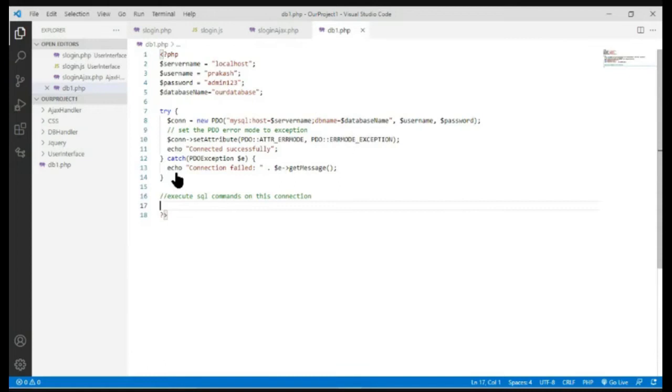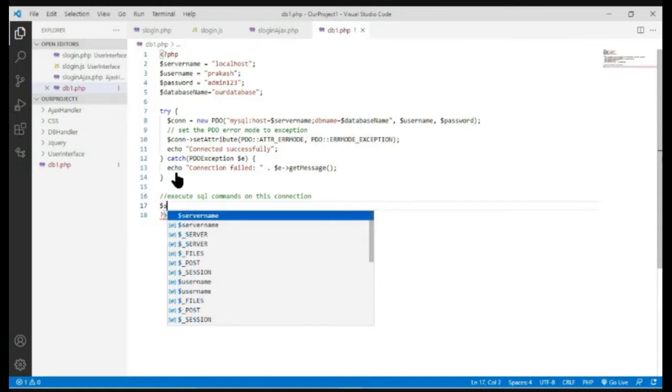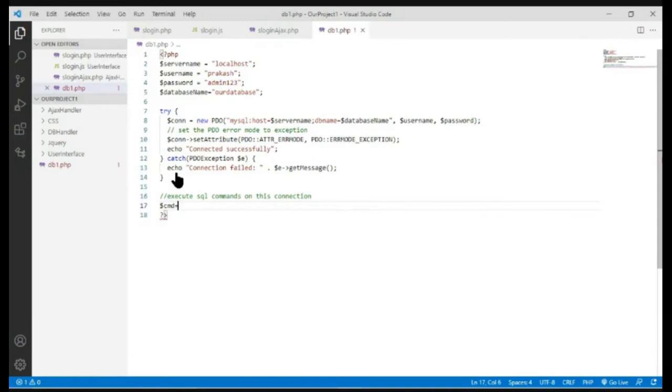Okay, let's create a variable first, and I'm calling it cmd. This is just a variable name. There I'll store a normal string, but the content of that string will be an SQL command. For example, not a select command. I'll start with an insert command, and then I'll make use of the select command. You'll come to know why I'm using the insert command. Say, insert into student details,